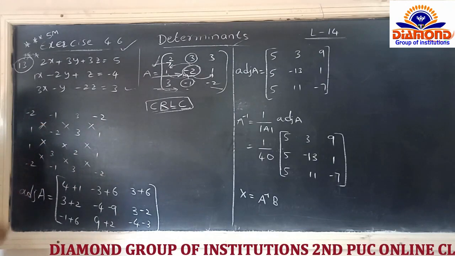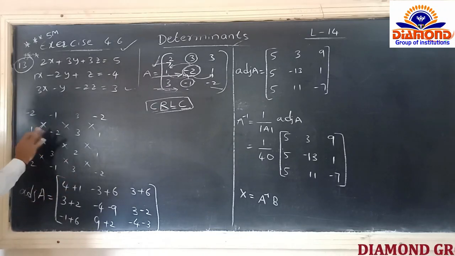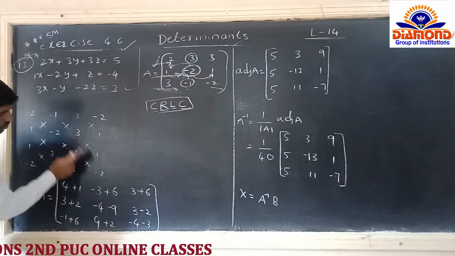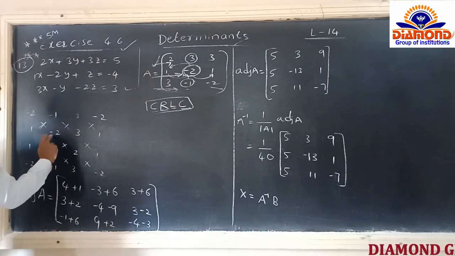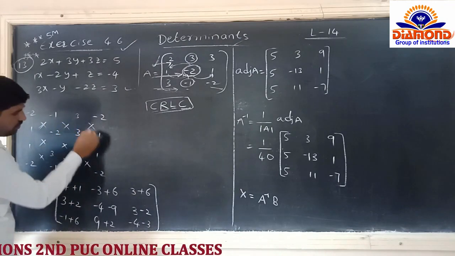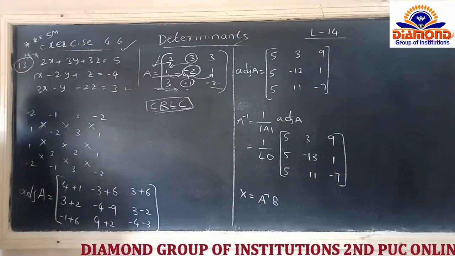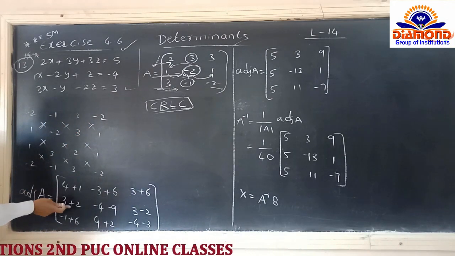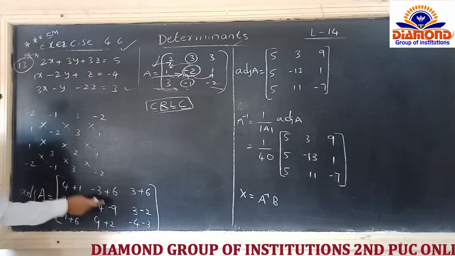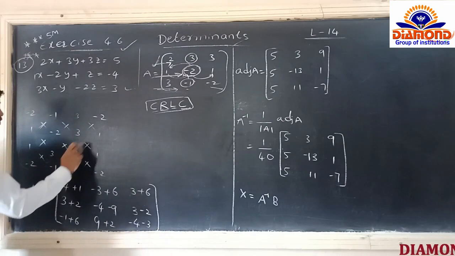Completed now? Just make the cross multiplication. See, minus 2 into minus 2 is 4. In between we get minus, but having minus here, that's why we are writing plus, 1 into 1 is 1. Completed now? Next one, minus 3 into 1 is minus 3, plus and minus, minus 6, but in between having minus, so plus 6. Next one, 3 into 1 is 3. Between we get a minus, but here having minus, that's why we are writing plus, 3 into 2 is again 6. Completed now? 1 into 3 is 3. Again having the minus, we are writing plus 2. Next one, minus 4. Yes, minus 3 into 3 is 9. Next one, 3 into 1 is 3, minus 2 into 1 is 2.